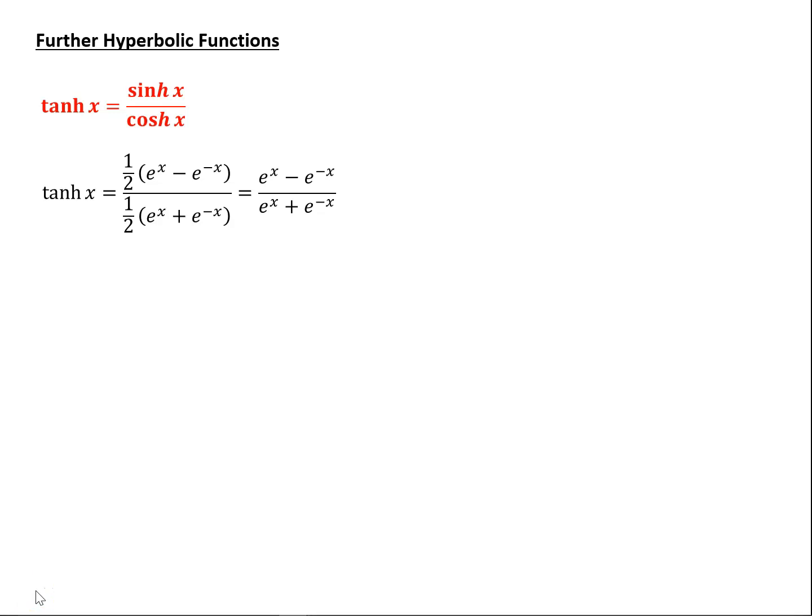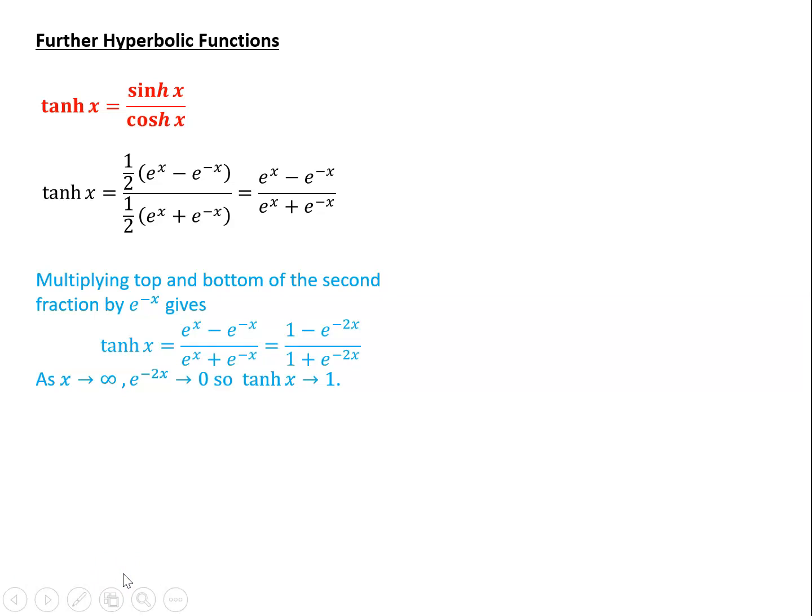The first thing that should be obvious is that tanh 0 is 0 because sinh 0 is 0 and cosh 0 is 1. If we look at the expression tanh x equals e to the x minus e to the minus x over e to the x plus e to the minus x, and multiply the top and the bottom by e to the minus x, then we obtain an alternative expression for tanh x,